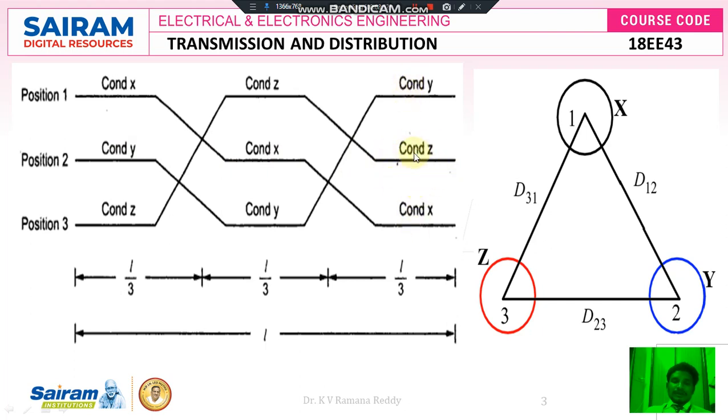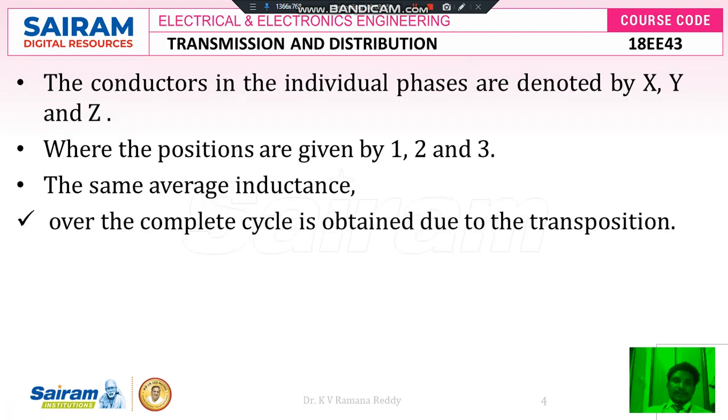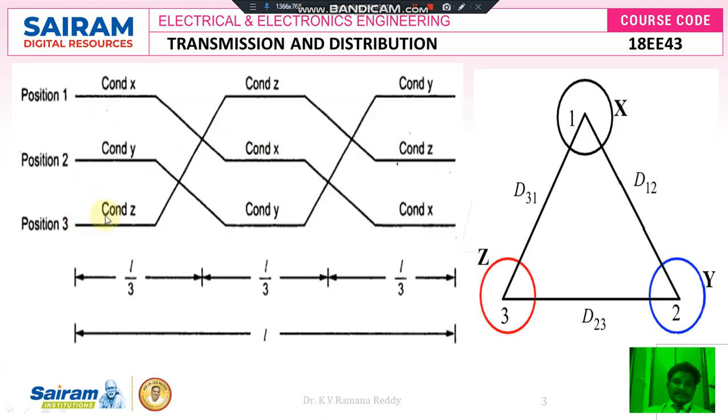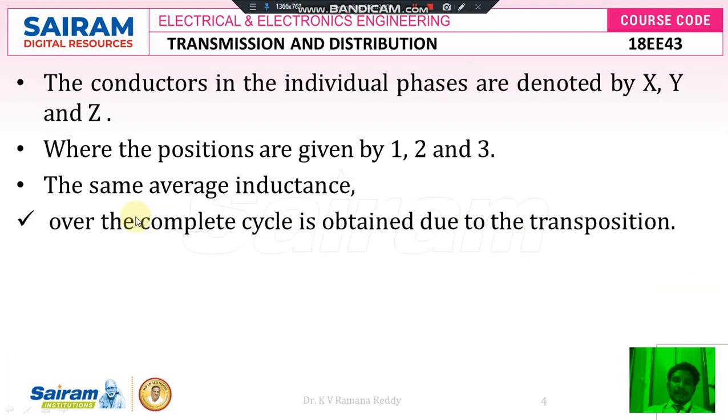Like this we make a group of transpositions as is convenient, in order to overcome the difficulty of the number of towers. For example in this figure, towers are represented with their names as tower A, tower B, tower C. Positions are represented as position 1, 2, 3, and the conductors are represented as X, Y, Z. Care should be taken to overcome confusion between the names of the towers, the positions and the names of the conductors. Like this we can change the transpositions.